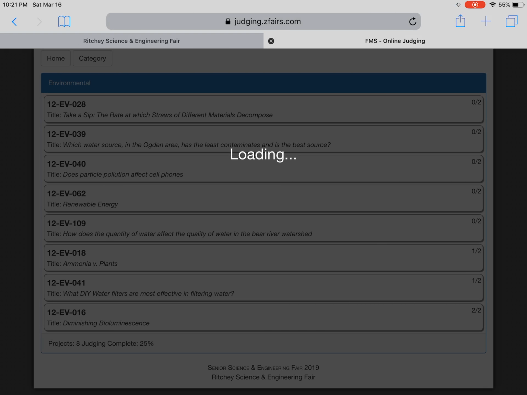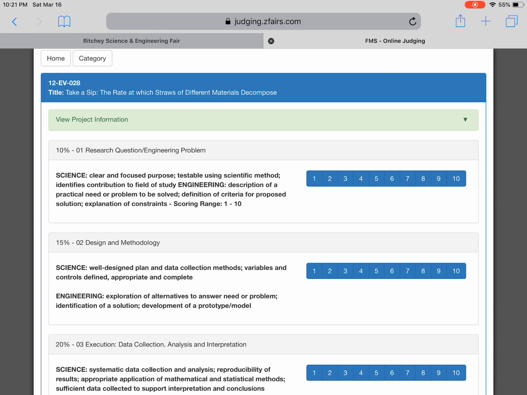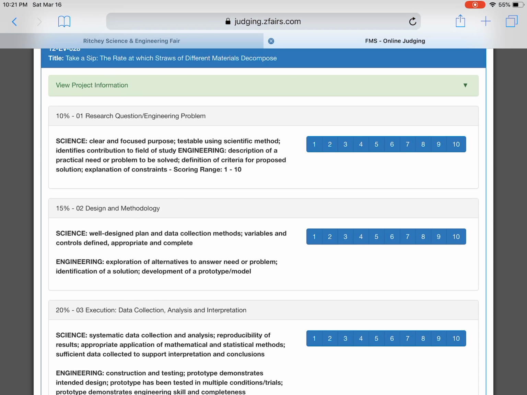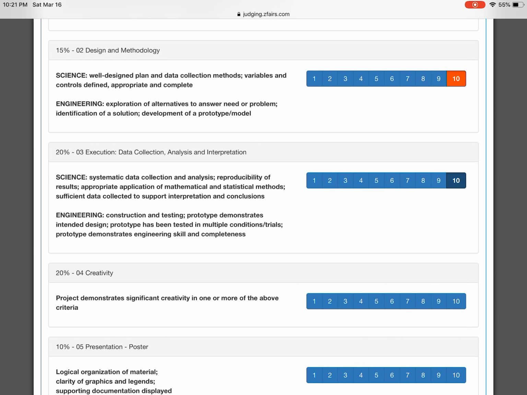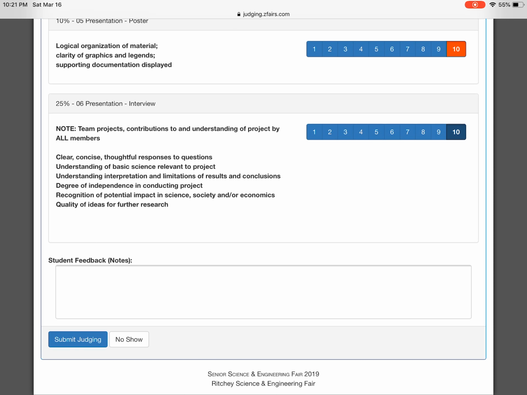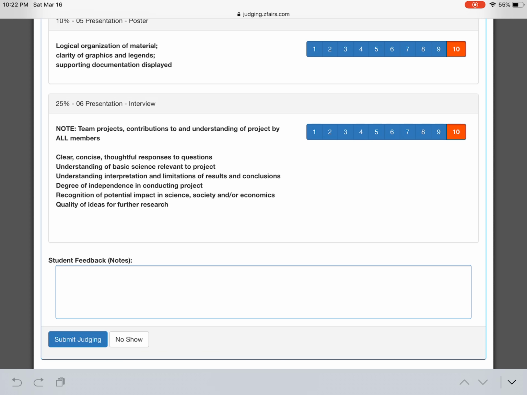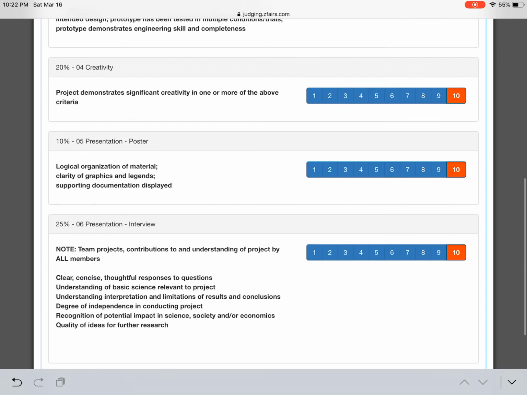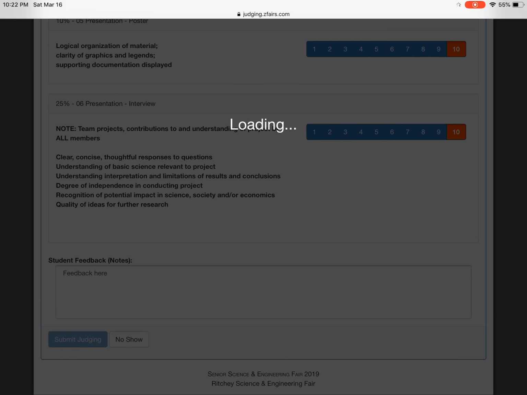I'll click on that. That will load the project, hopefully. And then I can go down and I can fill out the form to judge the project. So I'm going to go ahead and put 10, 10, just go down and select all 10s on this, just as an example. I can leave some feedback here if I'd like. And then I'm going to go ahead and submit judging. Now, just before I hit that, the name of this project is Take a Sip, the rate at which straws of different materials decompose. I'm going to go ahead and hit submit judging,